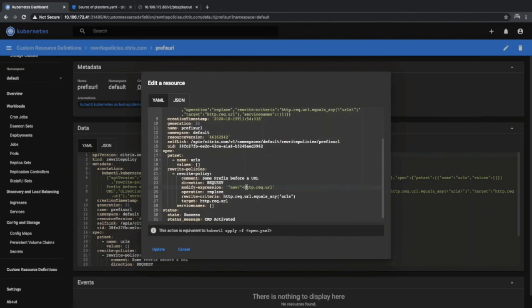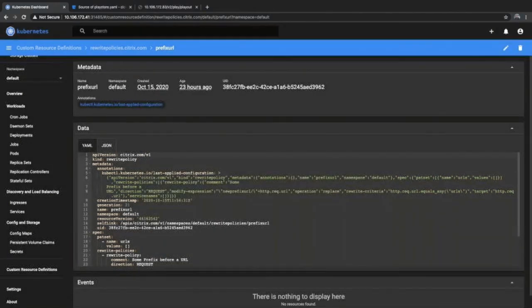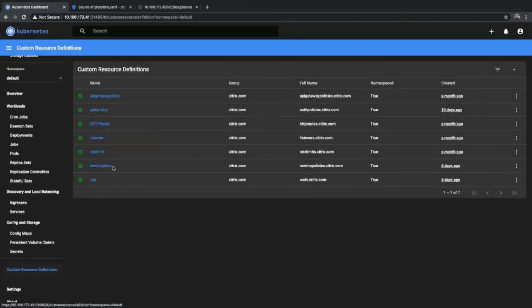So he just decides on a new rewrite prefix, and then he saves it. That's it.